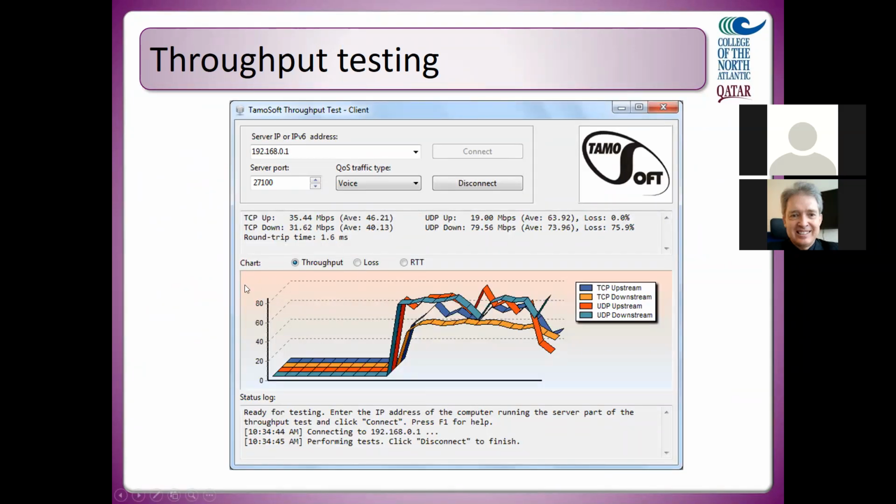With the tools that you would be able to use for your throughput testing, you can produce analytics on it. And here's an example of some analytics using this particular software, which is called TamoSoft. This is a bit old, but gives you an idea. It's showing its testing of the throughput, and it's able to give you a bunch of graphs to show the different components that it's tested over the network. And there it's got TCP and UDP streams.